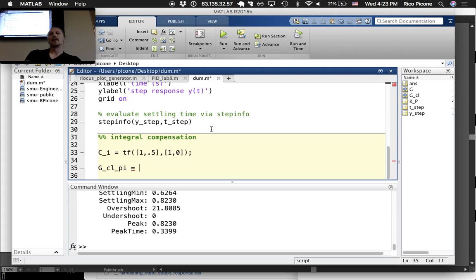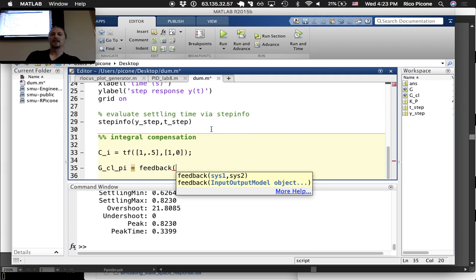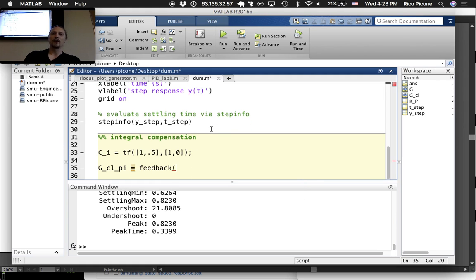What we need to do is we need to use our feedback again. And this time, you can either use your original KP, which I think is